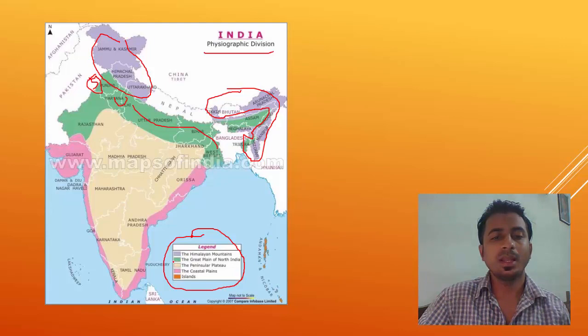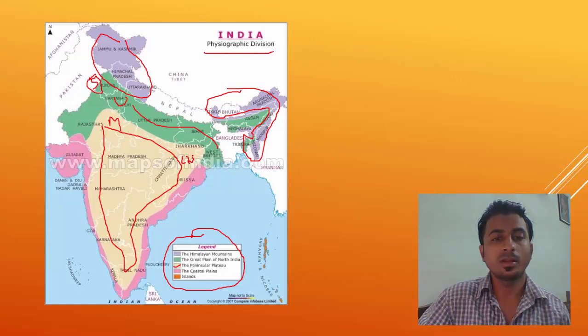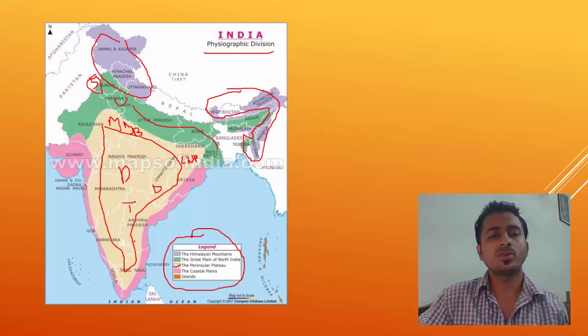Okay. Then next comes the peninsular plateau. This is the major portion of India's land, peninsular plateau. This consists of Malwa plateau, Chota Nagpur plateau here. Then we have got Bundelkhand, Baghelkhand. Then we have got Deccan plateau. Then we have got small plateaus, Dandakaranya, Telangana plateau. So we will learn about this in the following slides.